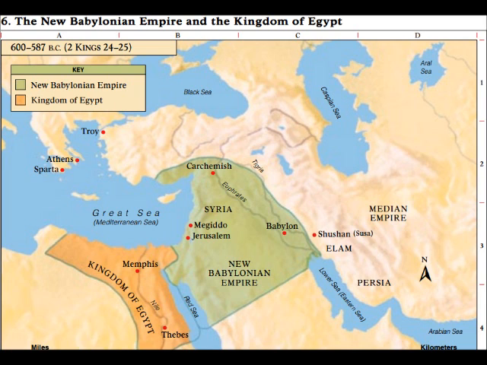And then he goes on to say, "I will also make it a possession for the bittern and pools of water, and I will sweep it with the besom of destruction, saith the Lord of hosts." If you're like me, you were 0 for 2 for the odd words in that verse. I love the King James. Sometimes it uses some really old words. I'll also make it a possession for the bittern. That's probably hedgehog. Make it a possession for the hedgehog, and pools of water will be there.